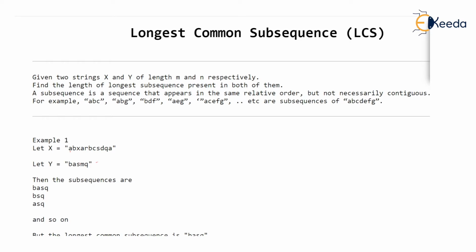By the way, A was matched with this second letter. S was found with this third letter, isn't it? And now Q will match this last letter. So we have gone in the same direction in both the strings. We have a liberty of leaving any amount of characters in between, but in the same direction, isn't it? So the common subsequence we found here was A, then S, and then Q. So there are many common subsequences. I hope you have understood the definition.